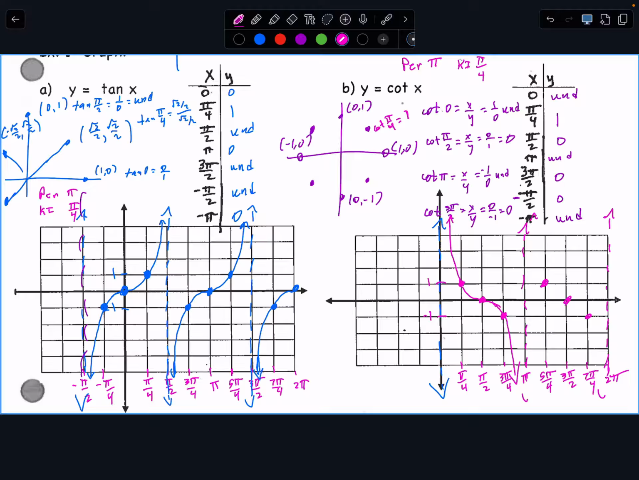And so that's one complete footprint of cotangent. Length of that is pi. And that pattern just repeats, repeats, repeats, repeats. And so here's another full period